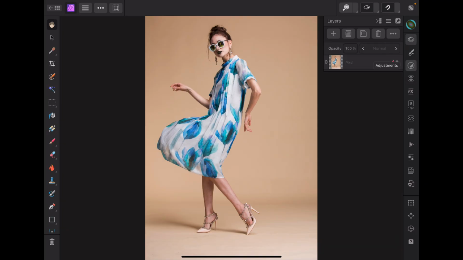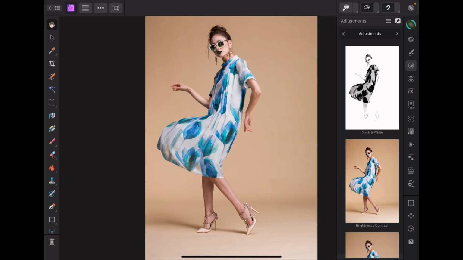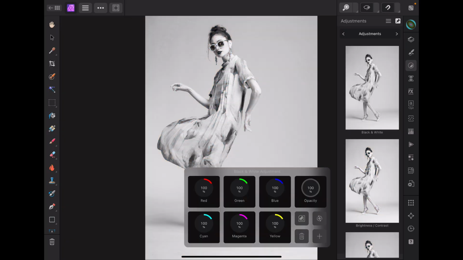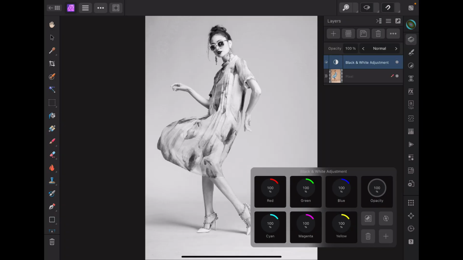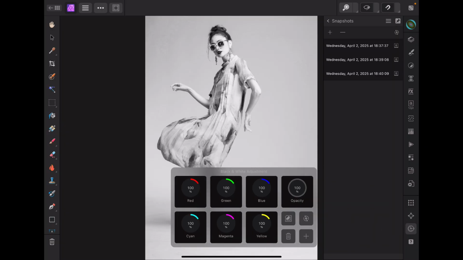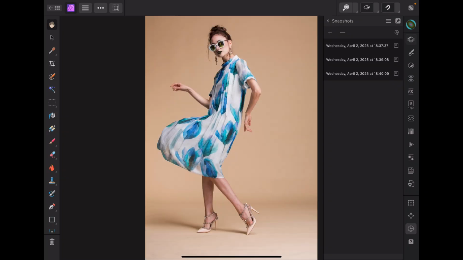And then I'm gonna go back, I'm gonna go under adjustments on the right hand side. It's the circle, black and white, kind of yin yang-ish. I hit on that, and I'm just gonna select black and white. Looks pretty cool, you can play with it, but I'm fine with this. And once again, I'm gonna go back to history and add. Okay, so now I have three versions of this photo here in snapshots, and that's what I'm going to use. I'm currently on my layers, and this is what my layers look like. But now when I go to the snapshot and I touch the first layer and hit this kind of refresh, the circle with the arrows on it, if I go back to my layers,